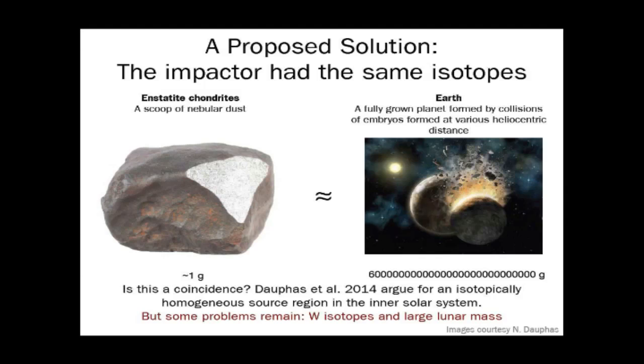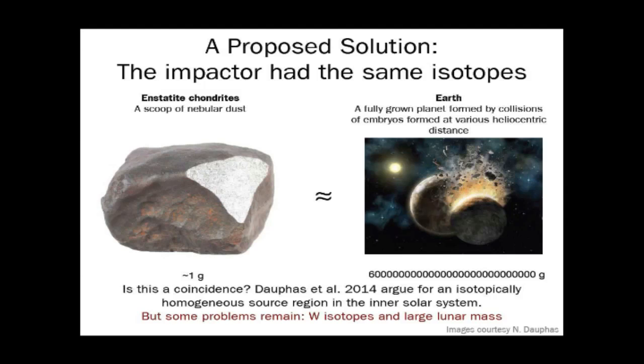It does not explain one of the isotopes, which is the tungsten isotope system, which is the isotope that tracks core formation on the body. So it does not explain why the moon should have the same tungsten isotopes as the Earth. And it does not help us explain the problem with forming the large mass of the moon. So it is a partial solution, which may or may not be true and will remain neutral about this, but